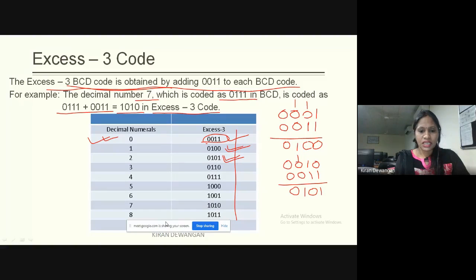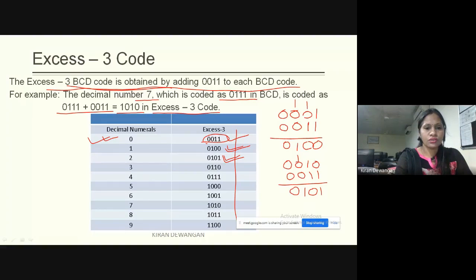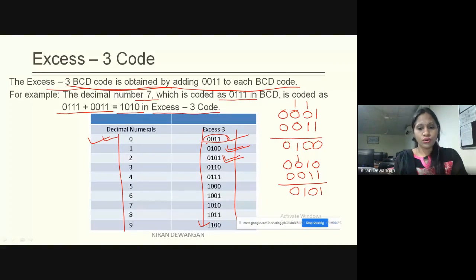As we can see, we have coded decimal number 0 to decimal number 9, all in 4 bits. 9 is 1100. 1100 is the XS3 code for 9. So in the XS3 code also, we are just making use of 10 binary codes out of 16 combinations.